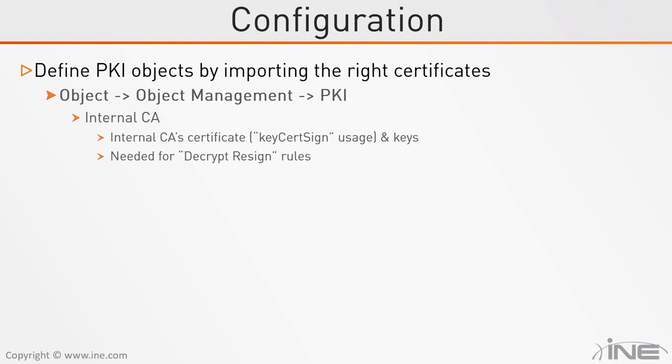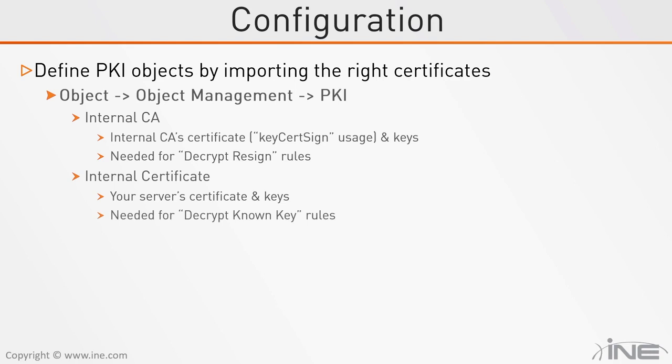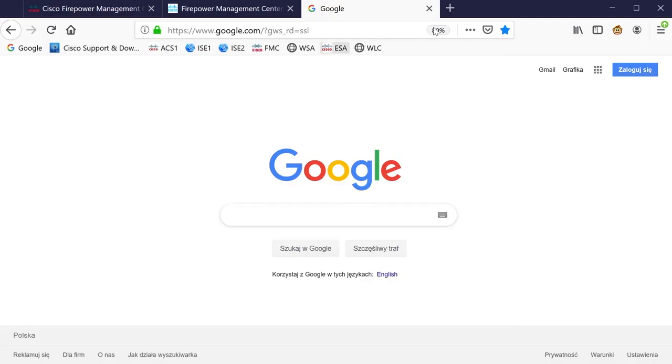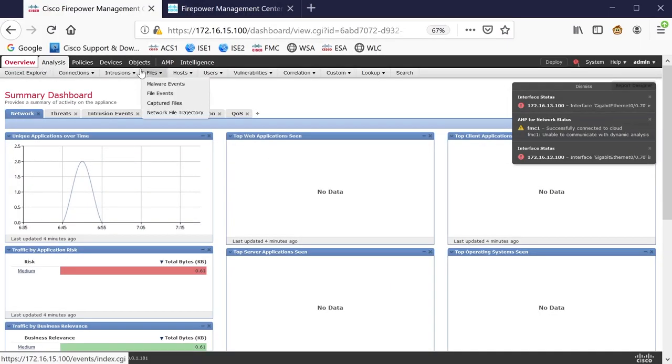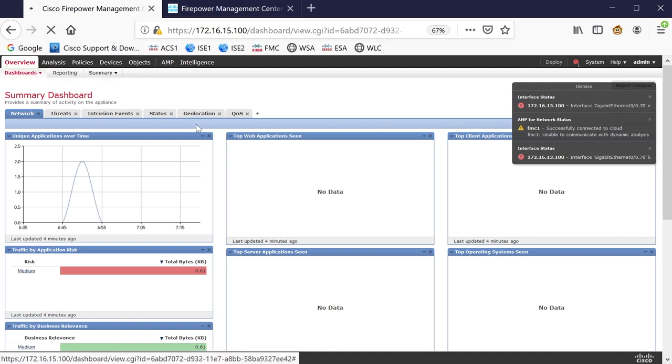Okay, the second case, so when you want to use the known key decryption, the website certificate and the private key, you will want to put it to the internal certificate PKI object. If we take a look at that on our device, I'm going to go to Objects, Object Management,